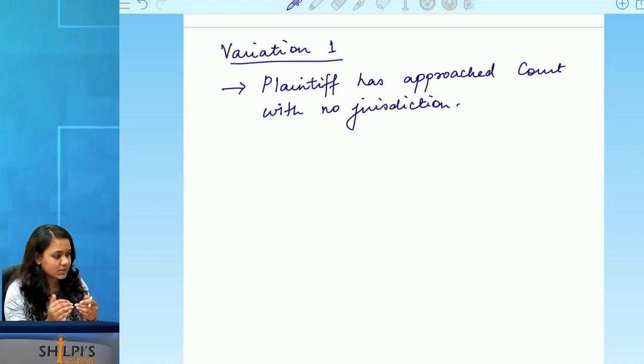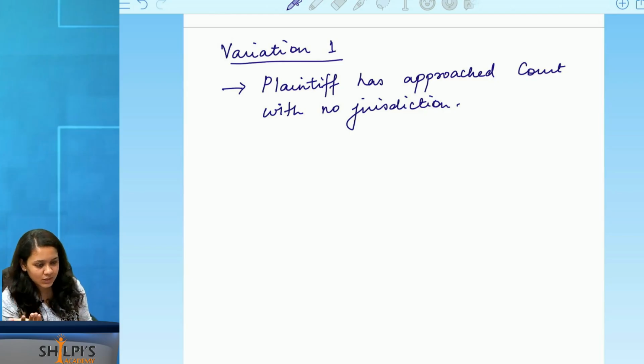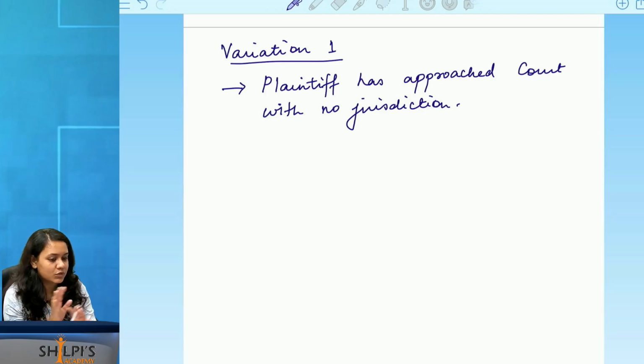Okay, and you can see at this stage, it's not at the stage of plaint or written statement, but rather after the issues are formed and it's being decided by the court of law, the court is deciding, I'm sorry, I cannot determine your liabilities and rights. I'm asking you to go to the correct court of law. Okay, so this is what happens if the plaintiff has approached the court without jurisdiction. They'll simply direct you to the correct court.